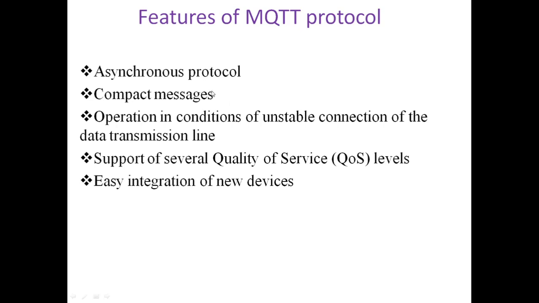These are the important features of MQTT. It is an asynchronous protocol. It has compact messages, and it can work in unstable conditions, or on an unstable data transmission line. It supports several quality of service levels, so we'll see this in detail. And it has easy integration of new devices. It means that when you are going to integrate a new device within your network, it is very easy using